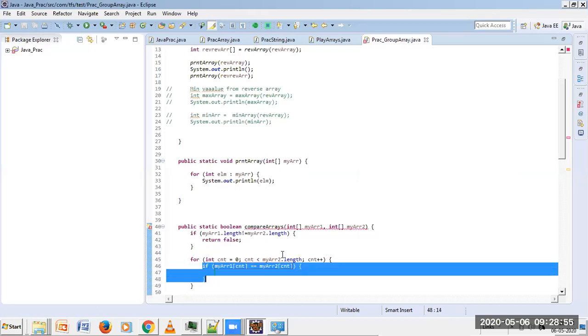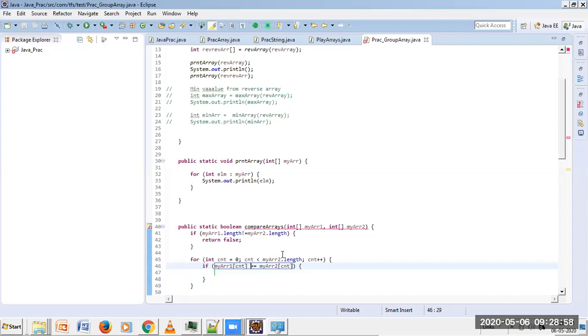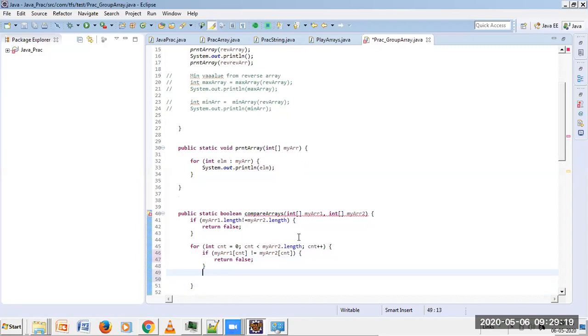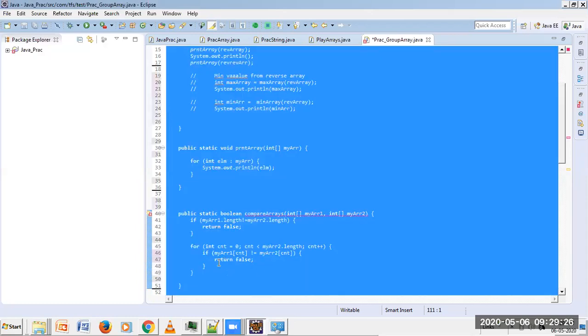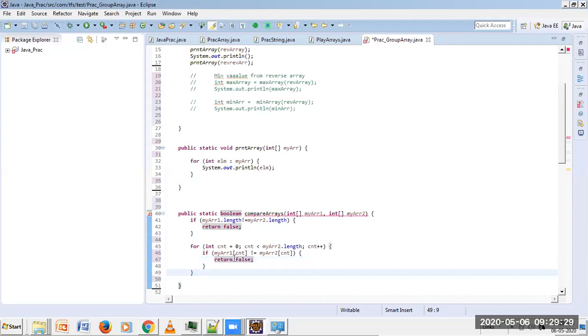I can continue. Else, I'll say not equal rather, if anywhere both the values are not equal, then I can just say return false over here. Hope you're clear with this point. For now, we are just returning true or false, nothing else. As you can see, this for loop gets over here.